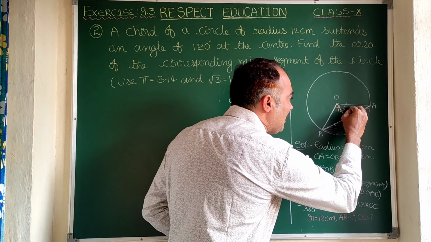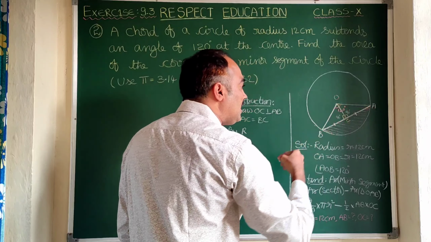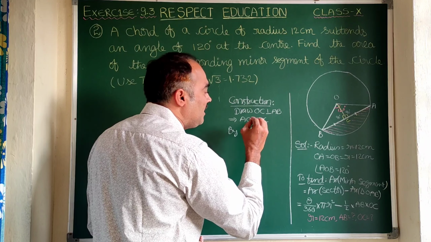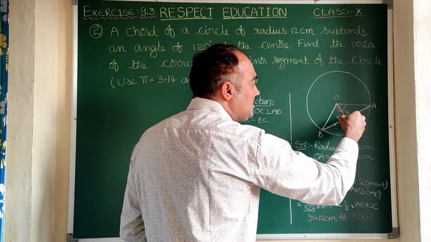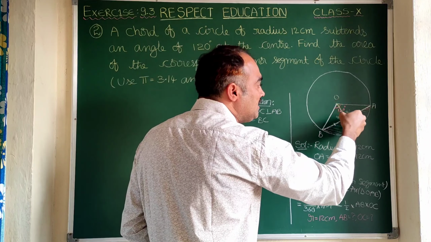Here angle C is equal to angle C, that is a right angle. Angle OCA is 90, angle OCB is 90, so that is a right angle. OA is equal to OB because these two are radii of the circle. OA and OB both are equal, that is the hypotenuse. And OC is equal to CO, that is a common side.